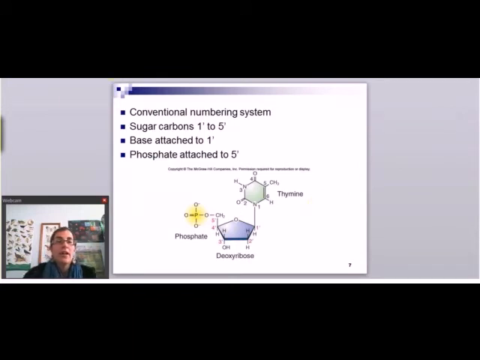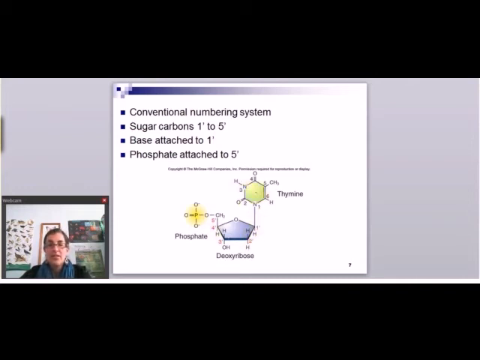So in RNA and DNA, there's a standard numbering system that helps scientists communicate about these molecules. So they will always call this nitrogen the 1 position, this oxygen the 2 position, this nitrogen the 3 position. So it's just a way to say where an atom is located. And the one that we're most concerned about is the sugar.